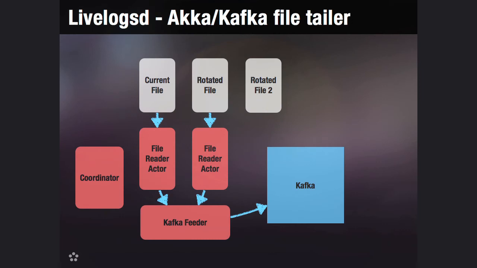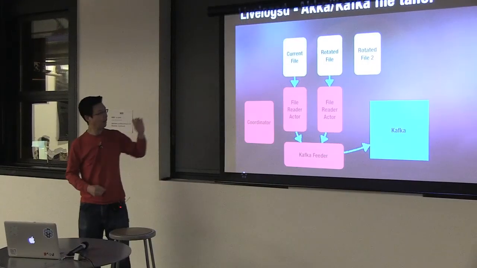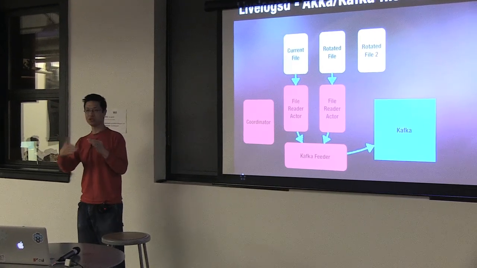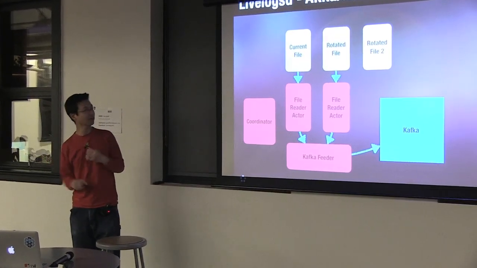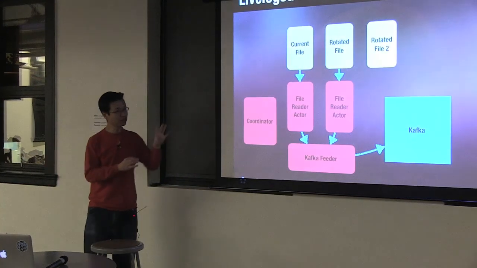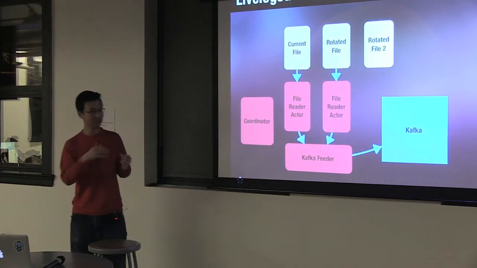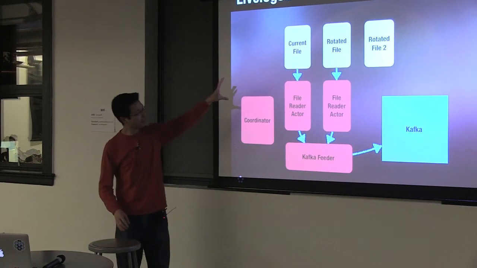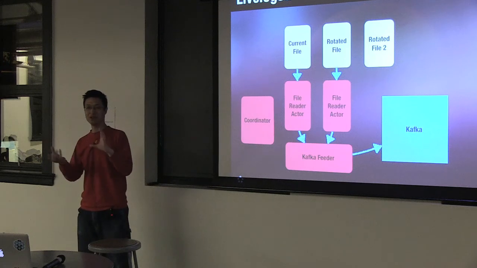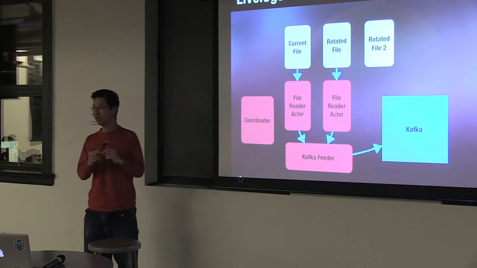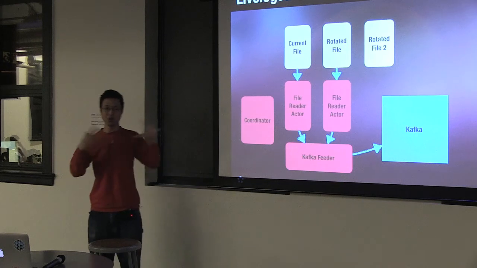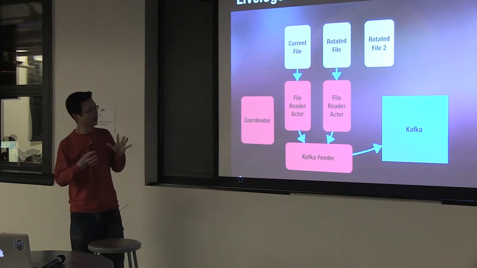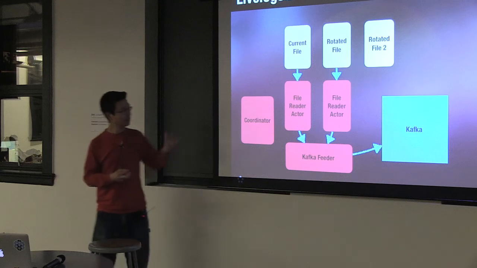The first place is a place that reads live.logst. We have a daemon called live.logst. What this does is it is designed to get new log files, which have been written by Nginx, and forward them on to Kafka. And this was one of our first forays into a production system using Akka. It's very simple. It's simply tailing log files. Basically, what we do is we have one actor reading each file. And with actors, the good thing is you don't really worry about threads or locks or anything like that. This is pure message passing.